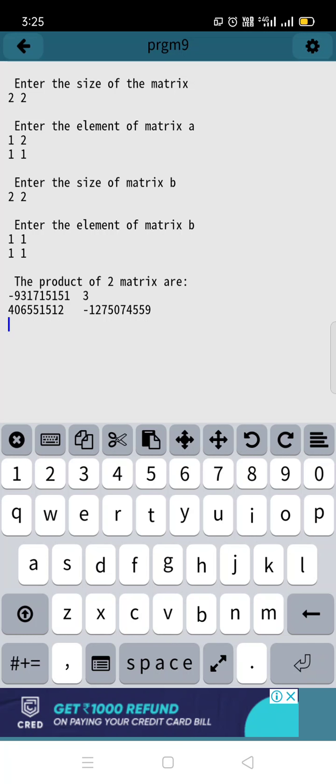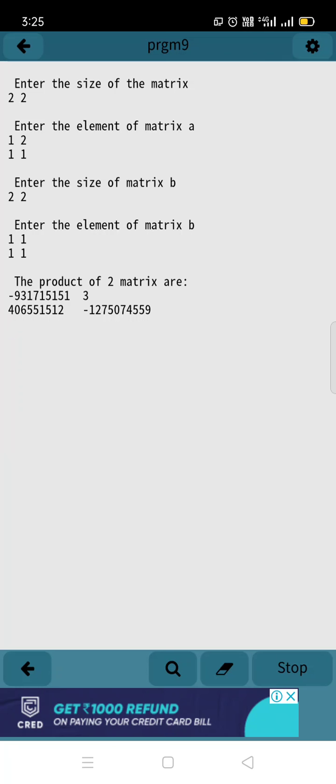But here in the mobile, this software is giving a problem. Actually the program is correct, but the answer is not coming properly. I checked it twice, but the answer is not coming correctly. The program is correct, and I executed it and saw it on the computer.